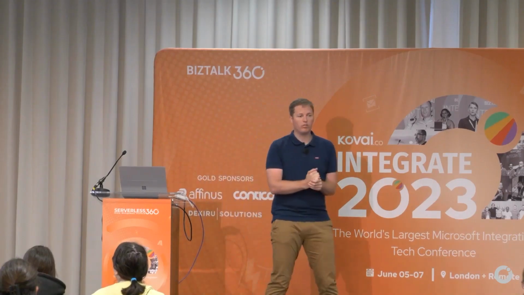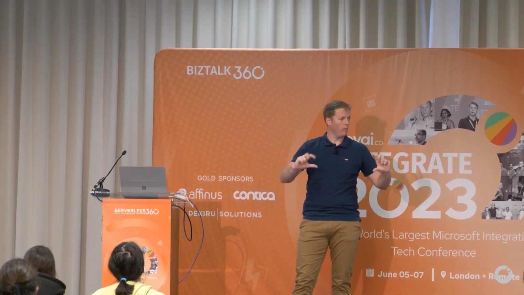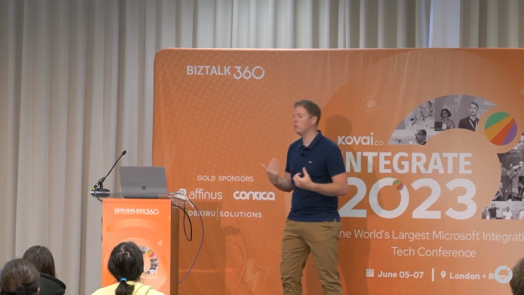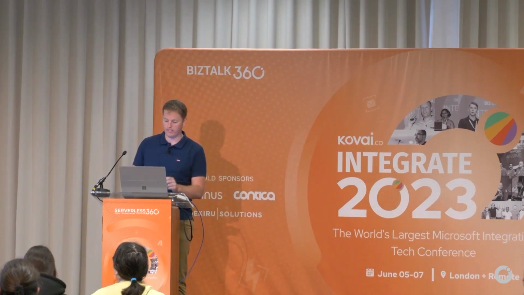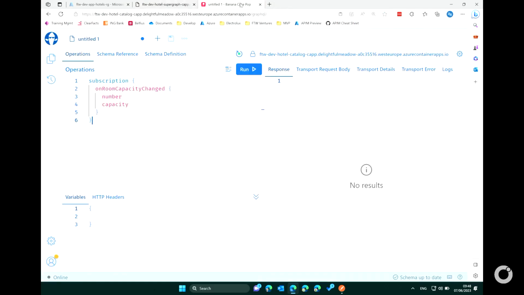One final thing I want to show you are the subscriptions. So those are the WebSockets, so real-time communication towards your front-end application. Unfortunately, this is not yet supported in the Postman client. But if we go here to my API itself, we have here a tool called Banana Cake Pop. That's just the Swagger of Hot Chocolate, so the Swagger for your GraphQL. So it's just an interface on top of your GraphQL API, and there you can simulate your subscriptions.